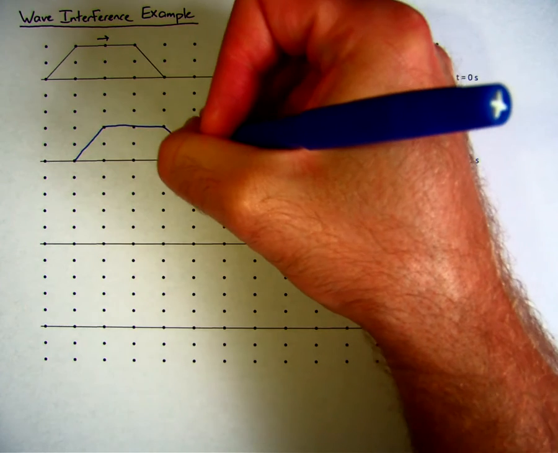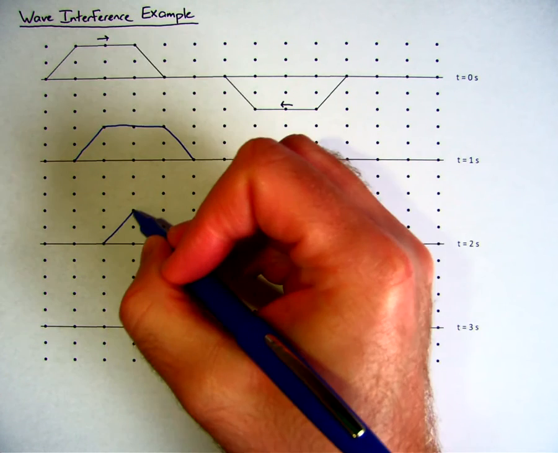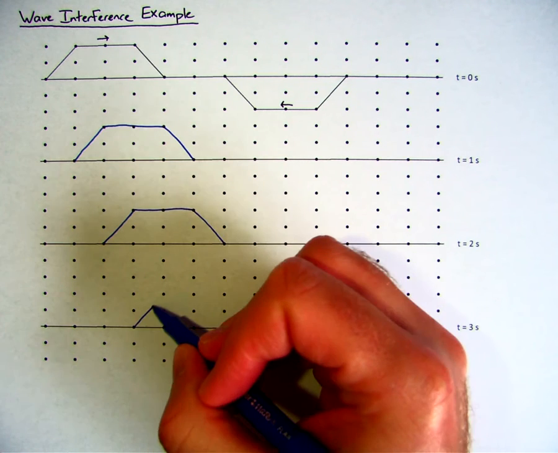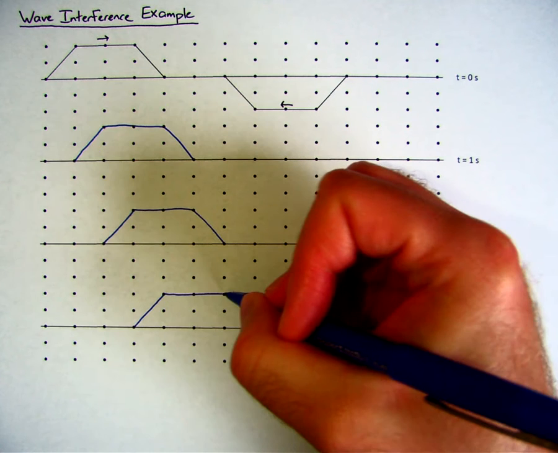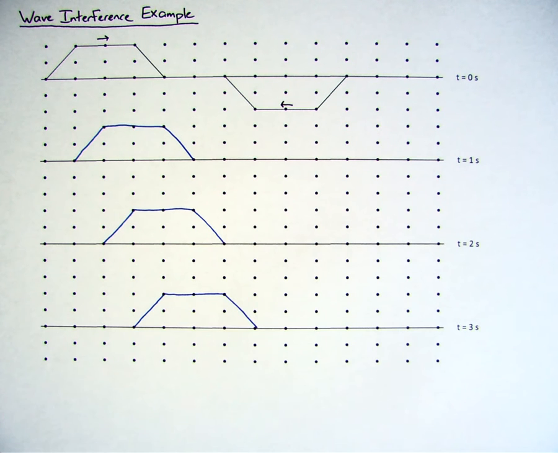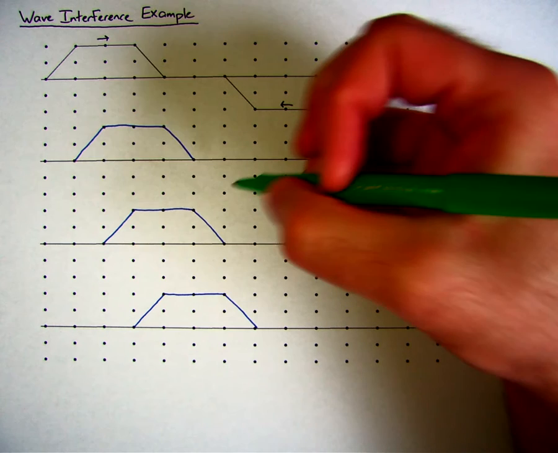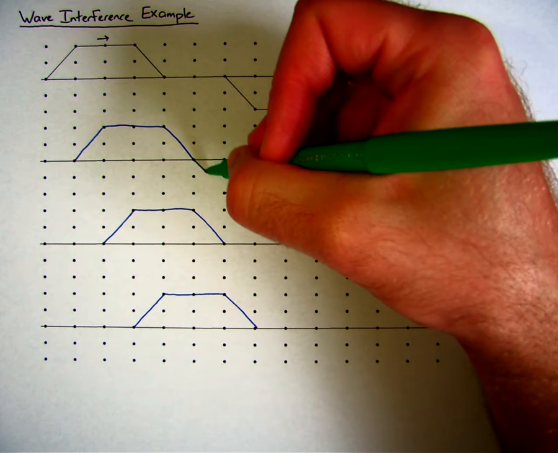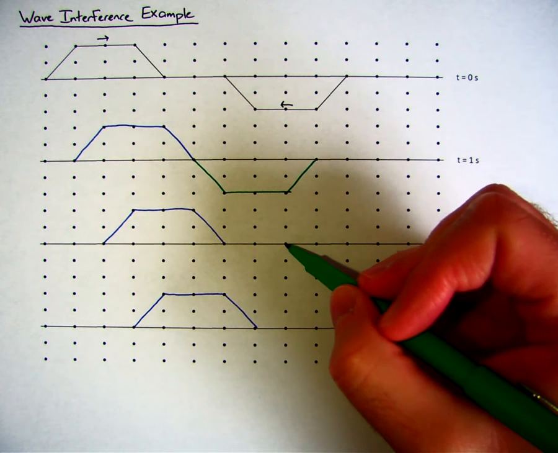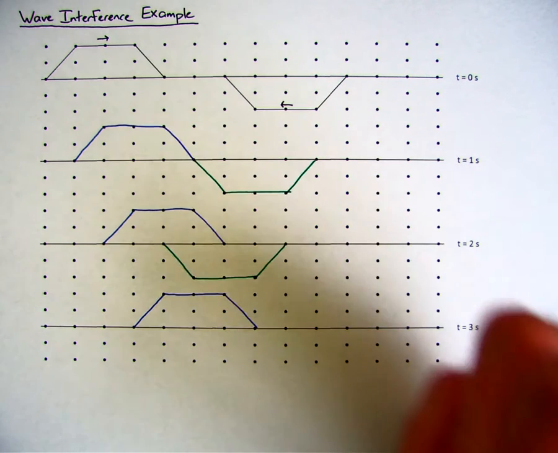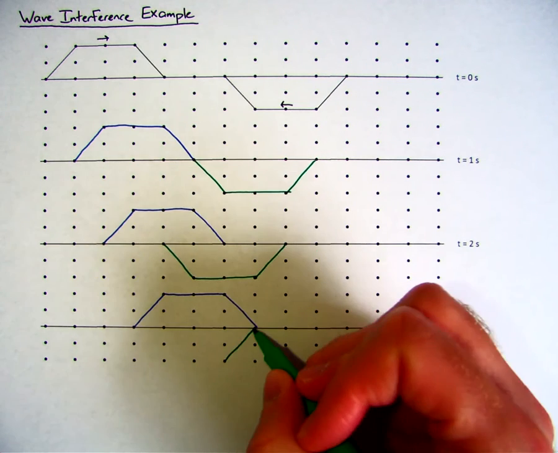So here's where it is after 1 second. Then after 2 seconds. Then after 3 seconds. Now I'm going to do the same thing with the other wave, except I'm going to use a different color. I'm going to use green. So this wave here, I'm going to move it over. So it moves over to the left for 1 second. This is going to be after 2 seconds. And then this is going to be after